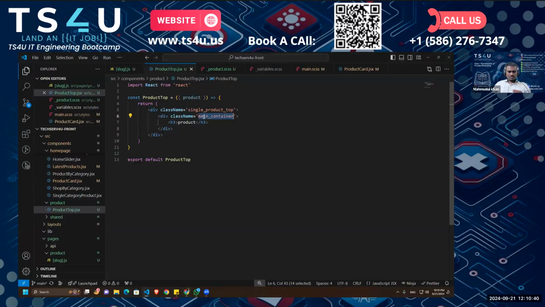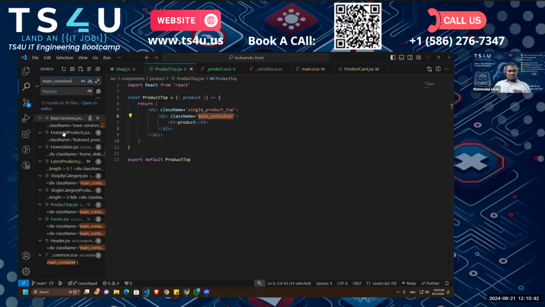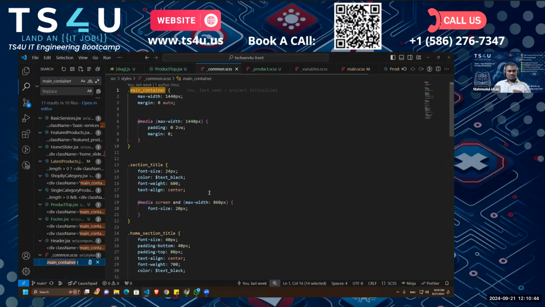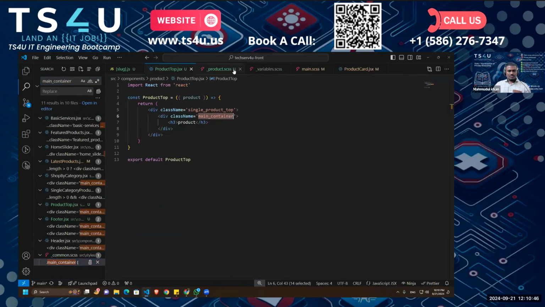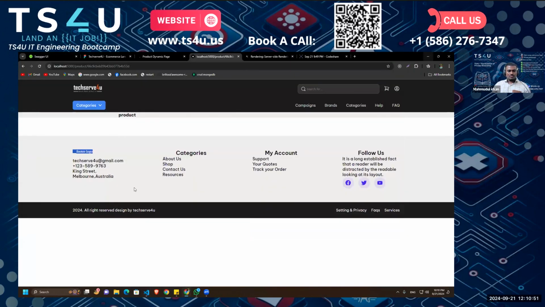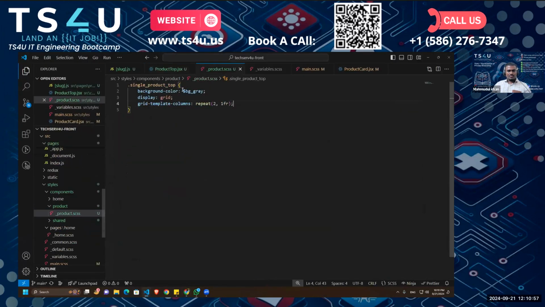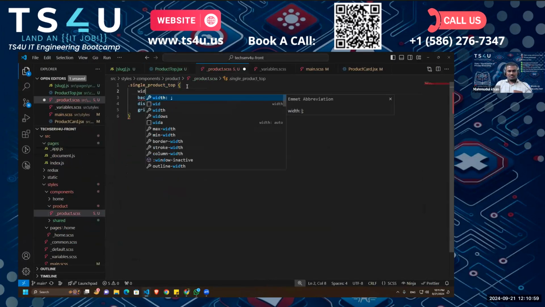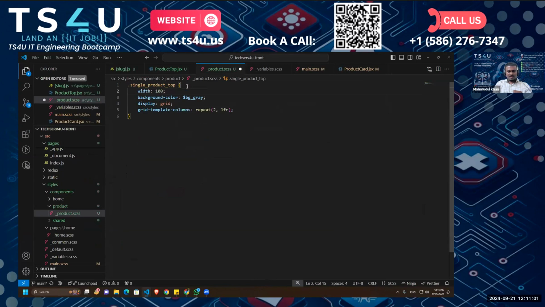All right. Let's check our main container class. Okay, it is fine. Now we have our product, and then we have to also give it a width of 100%. And now we cannot add this style here